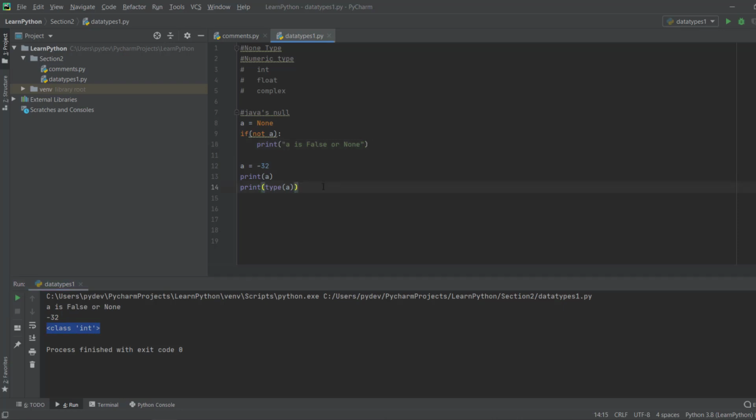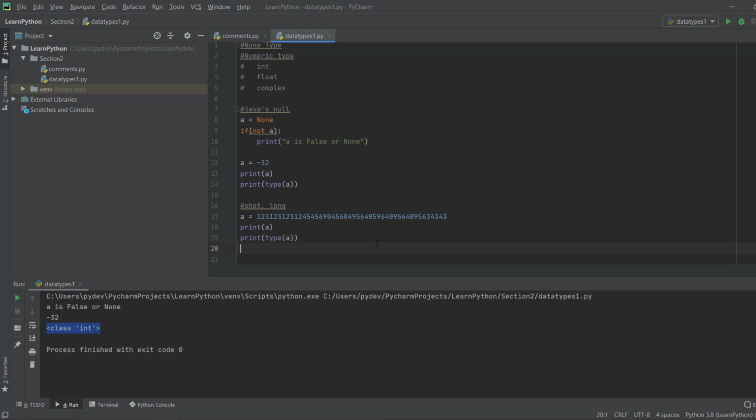We will see the types when we get into classes and all that in advanced Python. Now, one thing you need to remember: there are no variants of int like short, big int or long in Python. In Python you can have as big an integer as you want. There is no limitation except the size of your RAM. So if I print a right now, it is still an integer. It is not going to show it as long. You can see it is still an int and its value is shown here.